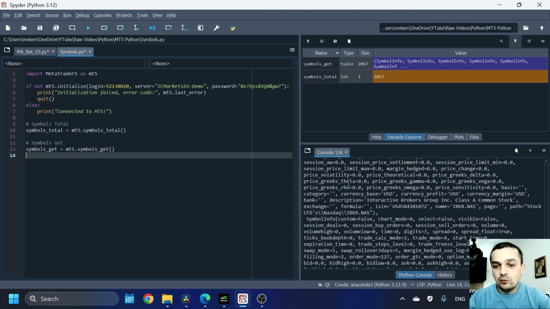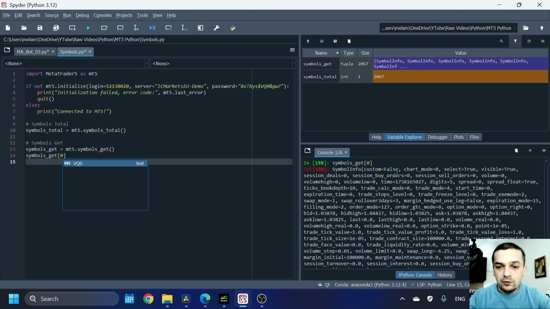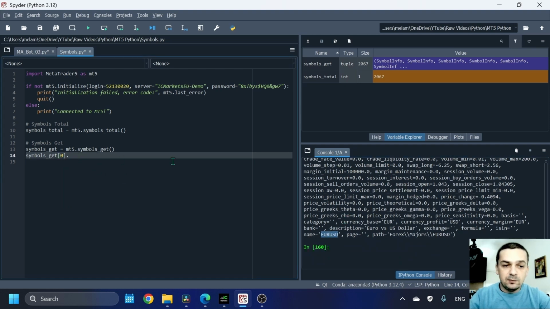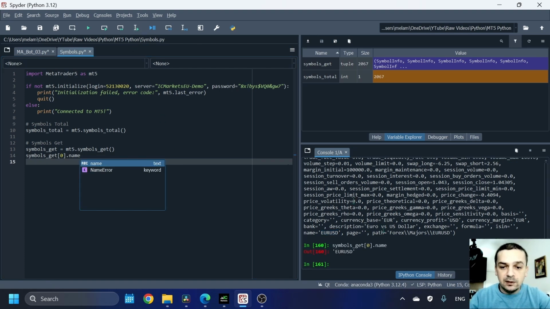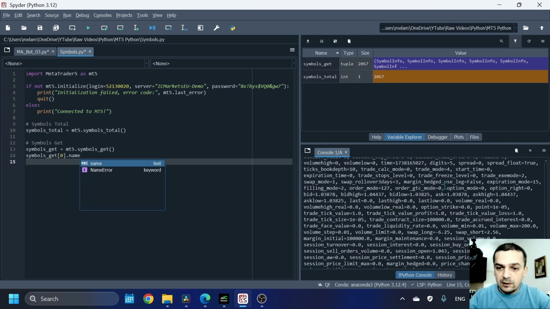And because I don't want everything, let me show you. For example, if I want to access the first symbol, I can do something like 0. And here is the information only for the first symbol. And you can see that this one is the EURUSD. So if I want to access specific attributes for this symbol, I can do so by typing the name, or if you want, you can see here, for example, bid price, ask price. So let's use this